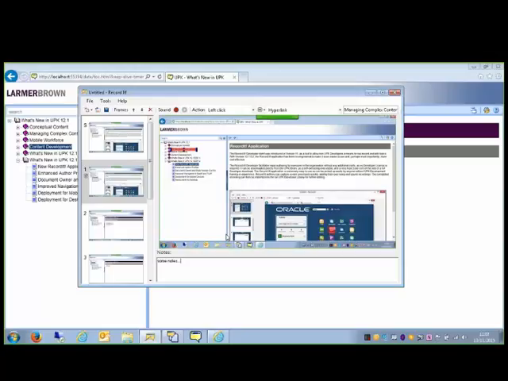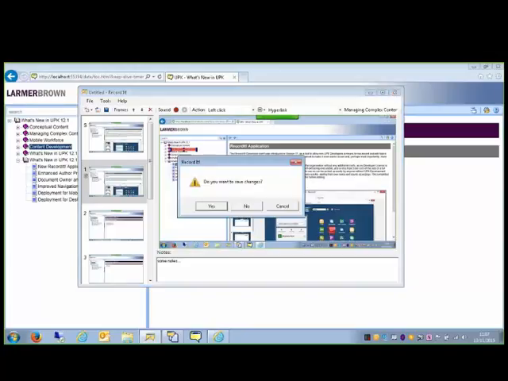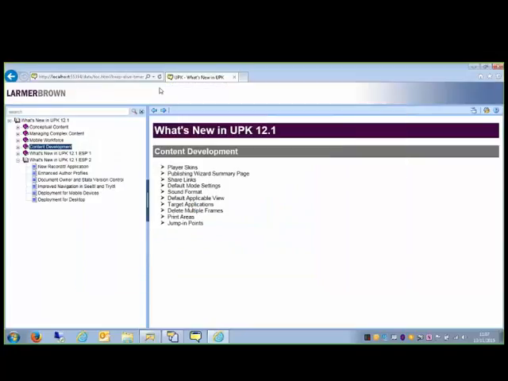Also, there is no developer license attached to this. In previous versions, if somebody used the developer client, they had to have a full developer license. All they need for this one is an end user license. So any end user of UPK can now have the Record It client on their desktop, run it, record content, and then push that content to one of the UPK instructional designers. Okay, so it's a very big enhancement, and hopefully it will make the Record It client a lot easier to use